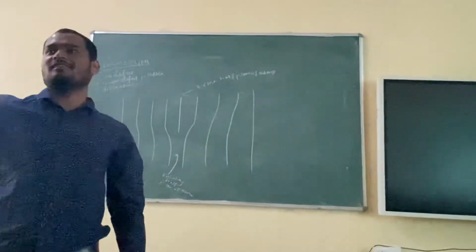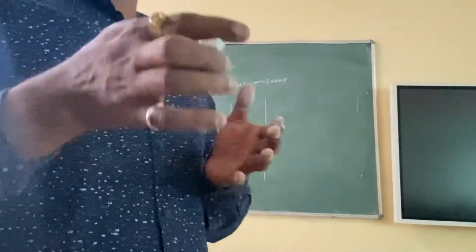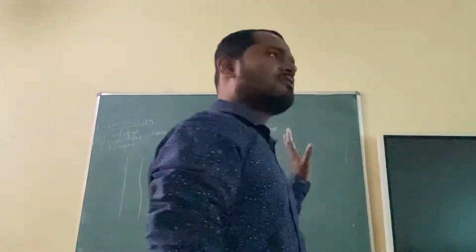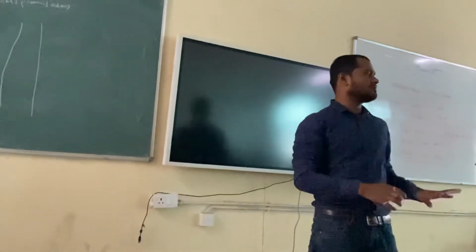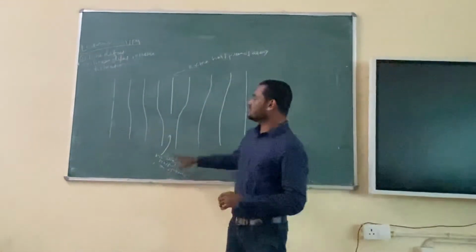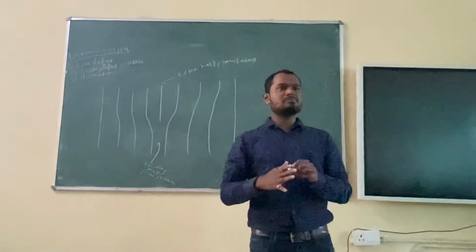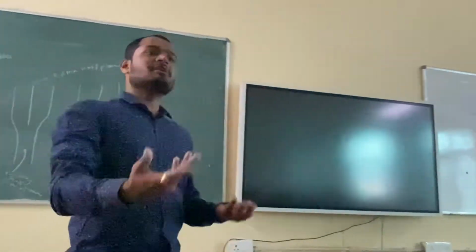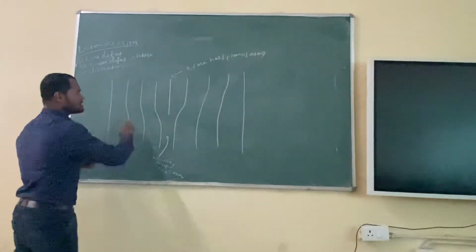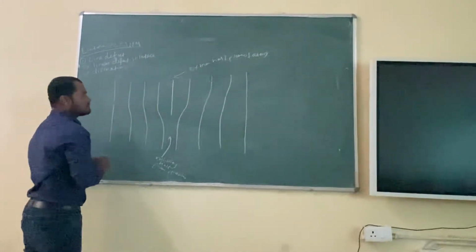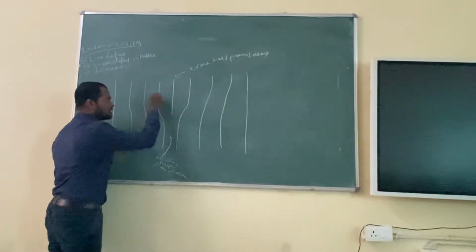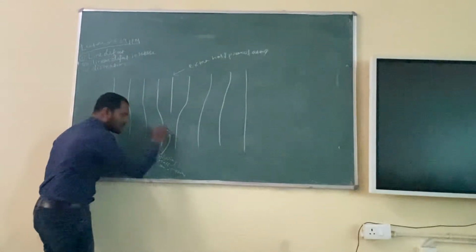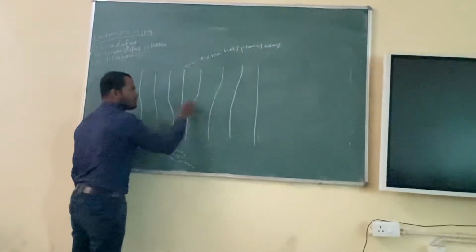I will take this class again online so that I can show you some videos and pictures. It will be more clear because this part is somewhat difficult. If you go through the textbook also, you will not get what a dislocation is. You will get confused again. Right? You understood? Whenever I am talking about dislocations, there will be an extra half plane of atoms and another half will be missing. So the situation may be different. Right? Suppose this is one part. Can you think why this is like this? Why is this atomic plane like this? Why are they not parallel?